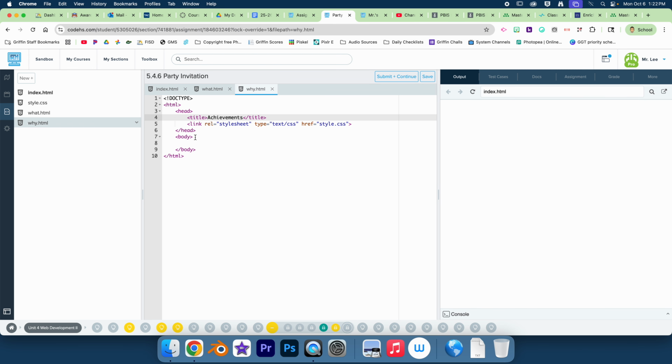We've already got our style sheet, so now we can just go to the body. We can do h1, the achievements of Carol, and then we need a paragraph tag. Graduating from school is a proud moment, period. All of the years